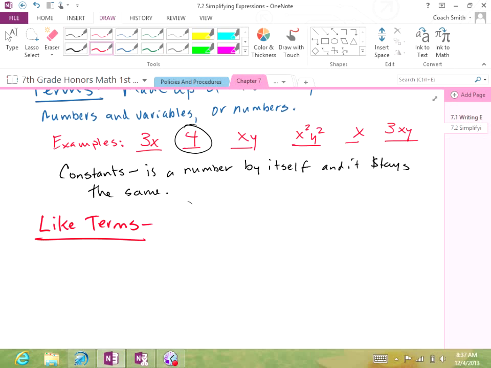Okay, so the easiest one I can show you or tell you is this. Can I say I have Derek and Nicole and say that I have 2 boys or 2 girls? No, obviously not. Okay, I have 1 boy, 1 girl. Those 2 things there's nothing about that you can say, that I have either 2 boys or 2 girls. Can't do that. So they're not like terms. Okay, in fact, they're more different than probably anything. A boy and a girl are totally different. All right, so they are not alike.